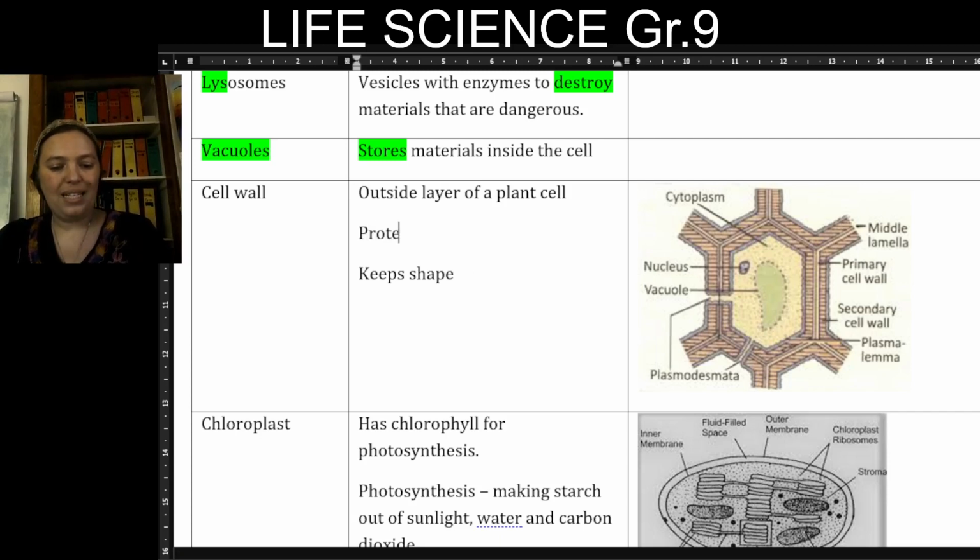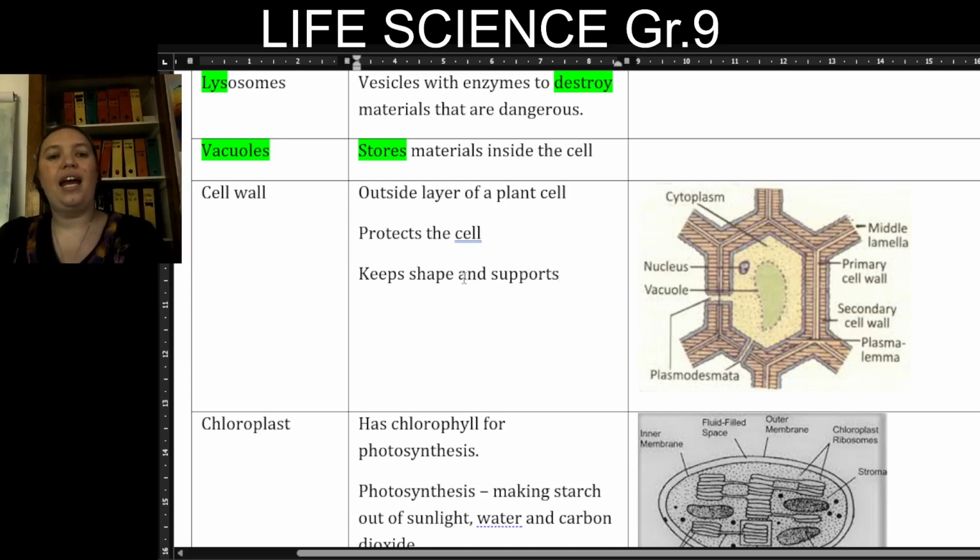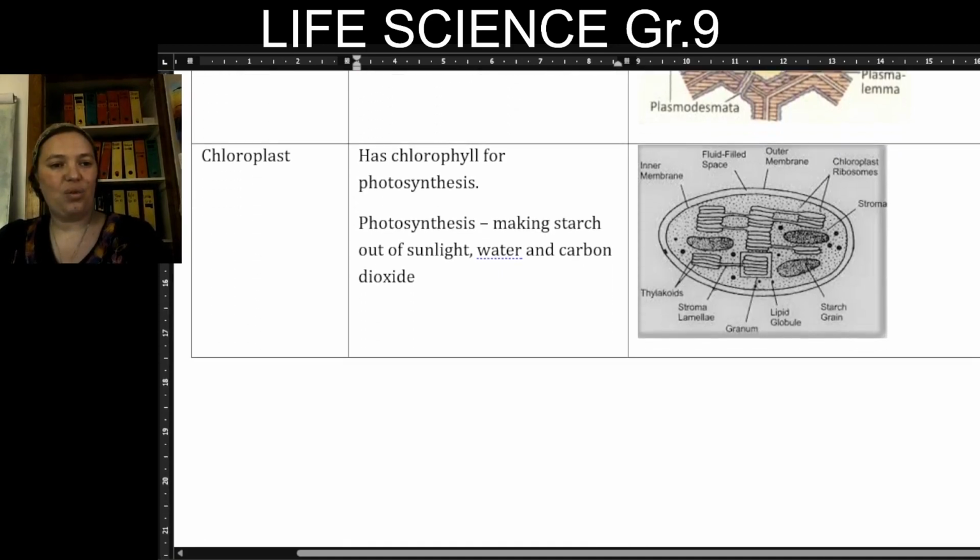It protects the cell so that it can't squish. Okay, so it keeps the shape and supports, and then protection, just like a wall does. All right. Then the last one here is a